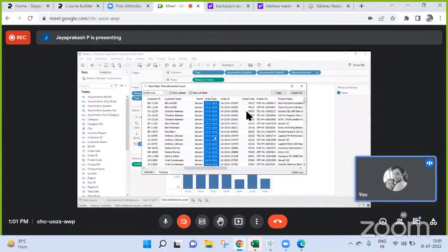Now there is an option where you cannot make it happen on order date. You can use only selected filter actions, but that will not give you the required output. Now see here, when you are working in date, when your output is at a different date level, you cannot make it.